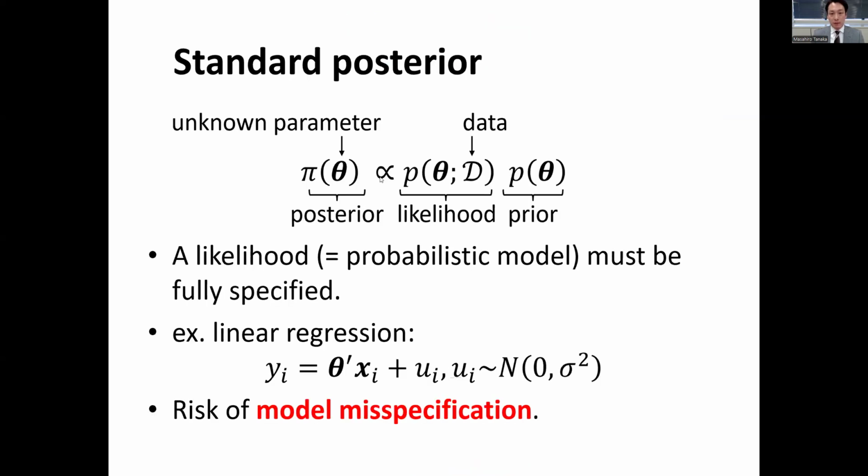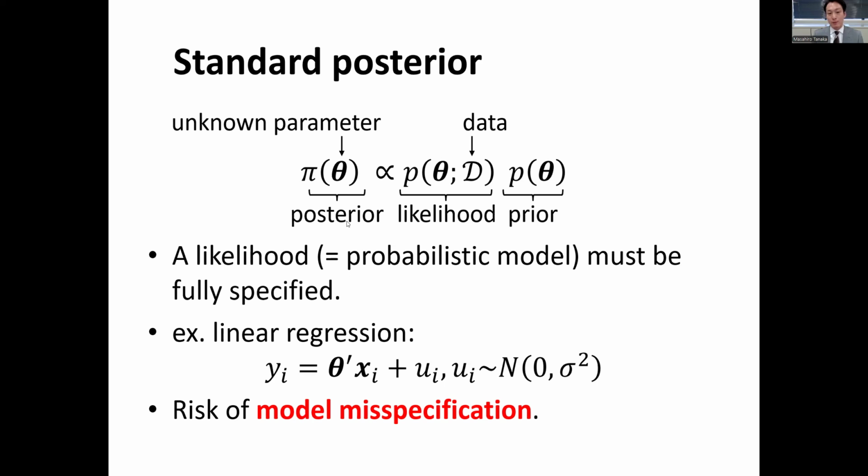In a standard Bayesian inference, a probabilistic model is used for the generating process and the corresponding likelihood function. D denotes a set of observations with a sample size of n. Theta denotes a vector of unknown parameters. P of theta denotes the prior. Posterior density is proportional to the product of the likelihood and the prior. Because the posterior is generally intractable, we simulate random draws from the density using numerical techniques such as Markov